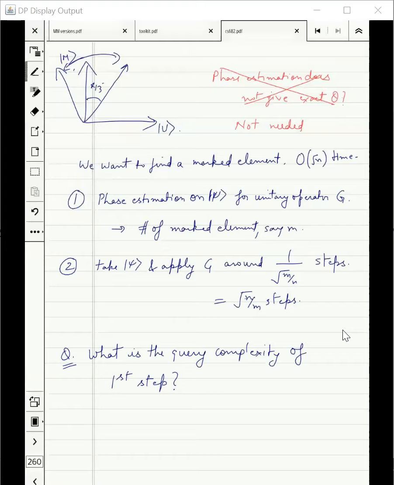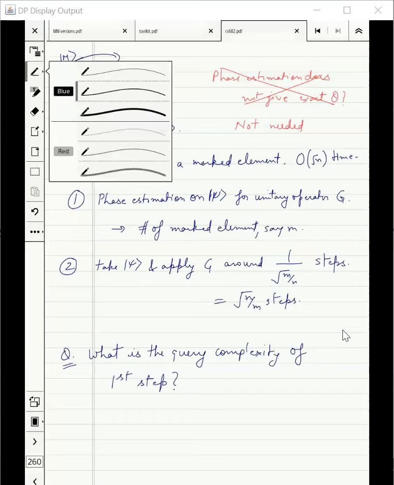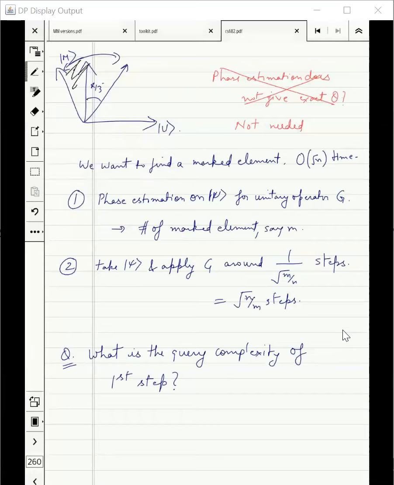Let's talk about phase estimation, how many queries we will need. And the argument I was talking about, look at the top figure, I was mentioning that even if your vector after rotation falls in this space, even then things work out. I don't need to find the exact number of rotations. In other words, you can do the calculations. If you want to succeed with constant error,